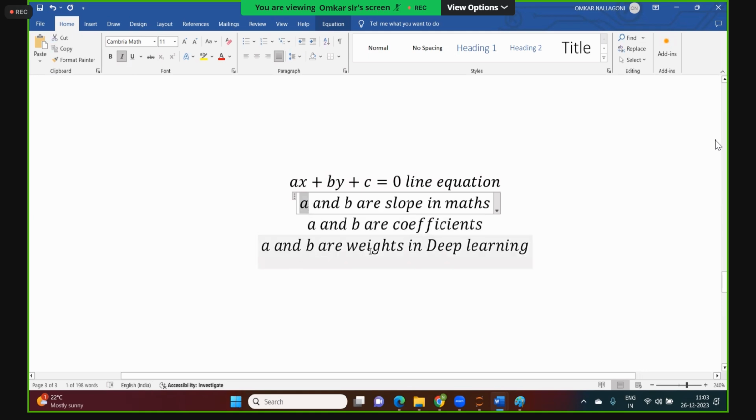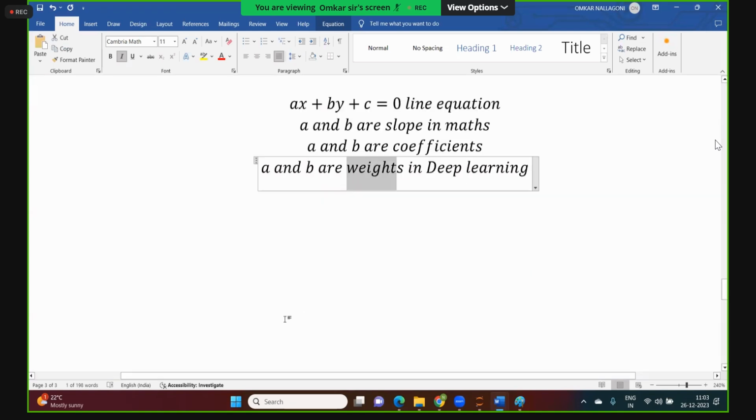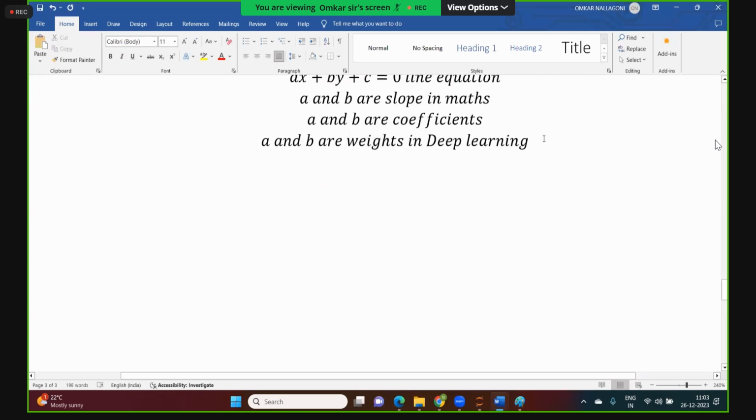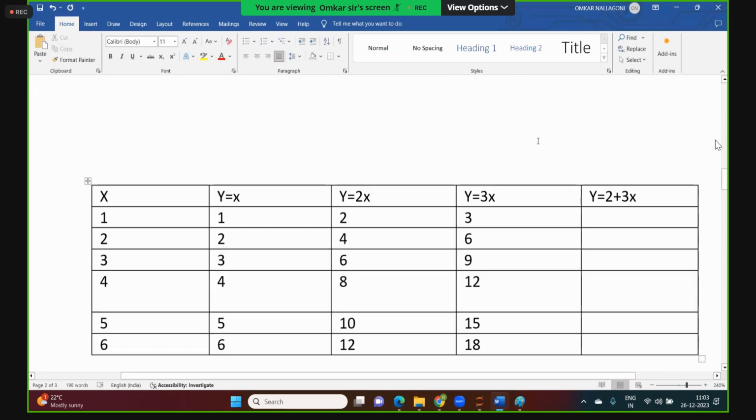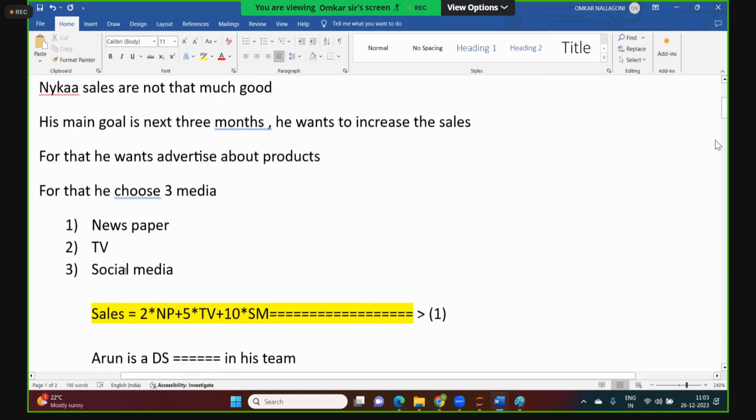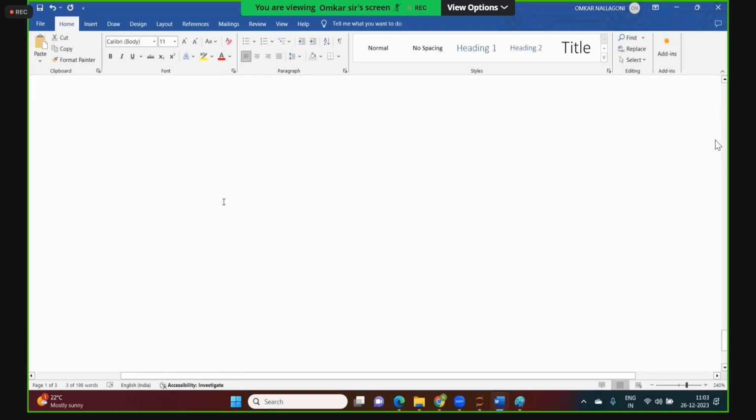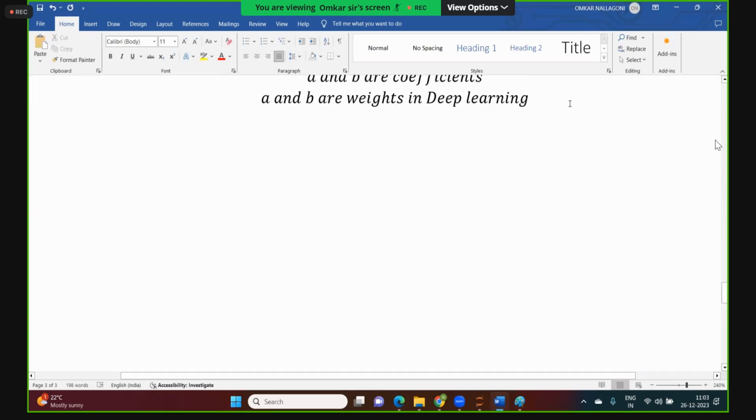In the deep learning concept, we call them weights. How much weightage are you providing to social media? That means you are multiplying a value in front of the social media. So that's why we call this equation sales equal to